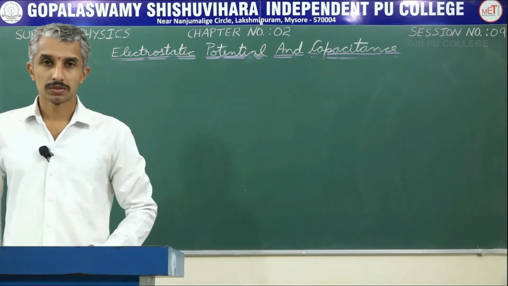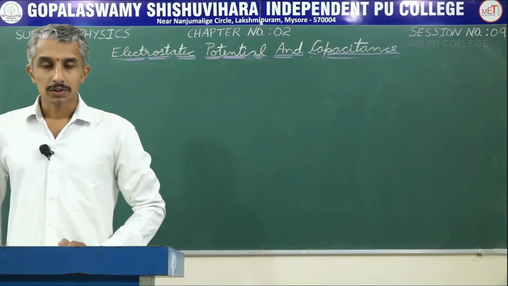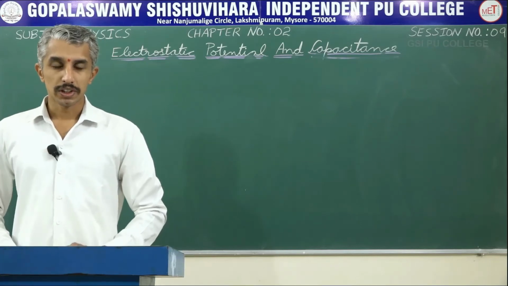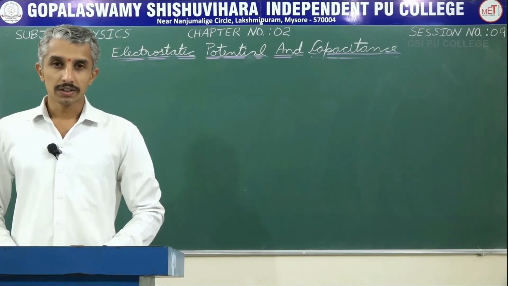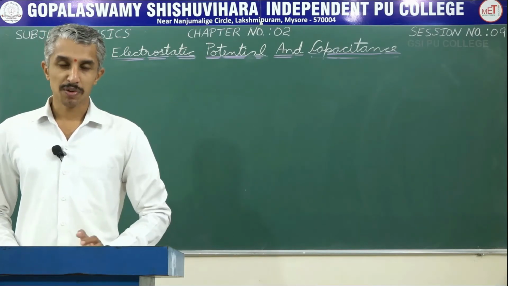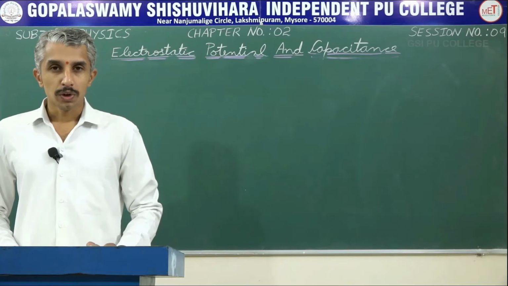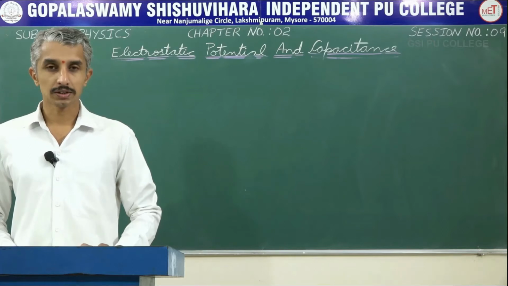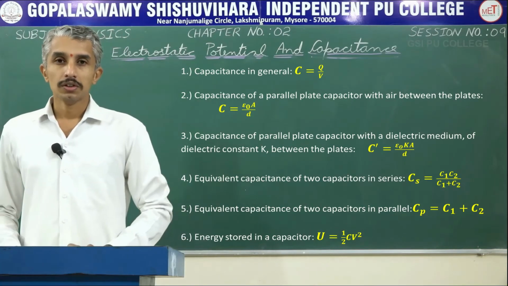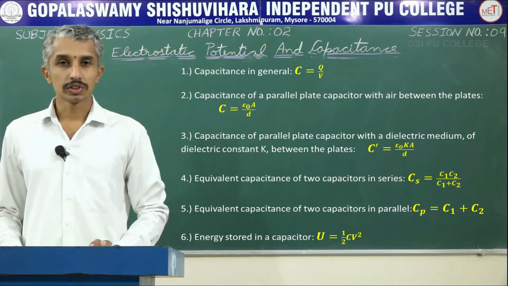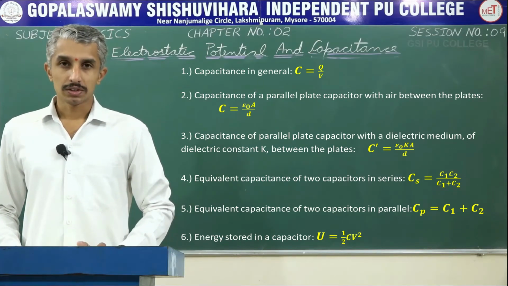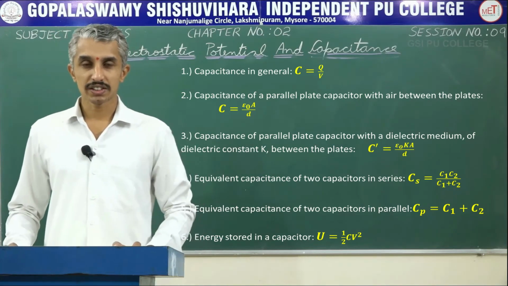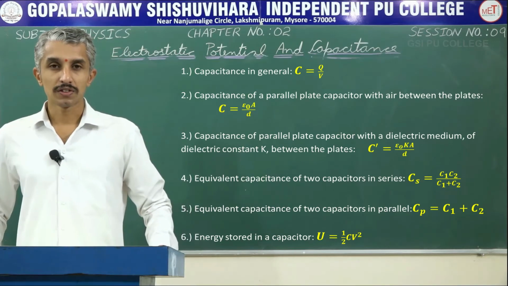The problems that we are going to solve today are the ones that have appeared in your previous annual exams. Today, all the numericals that we are going to solve are related to capacitors. So what are the expressions that we need to know to solve these numericals? First thing, the capacitance of a capacitor with air between them is given by C is equal to epsilon naught A divided by D. The area A is area of each plate and D is distance of separation between the